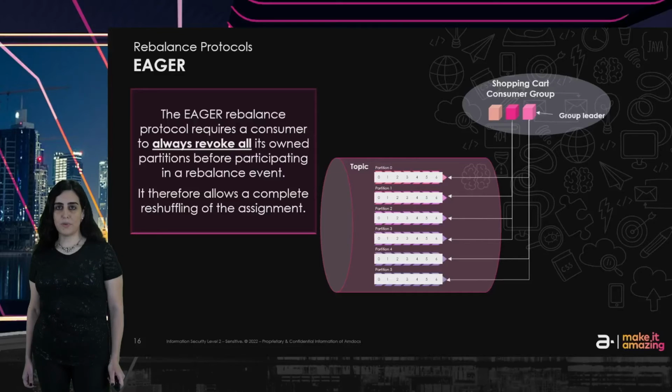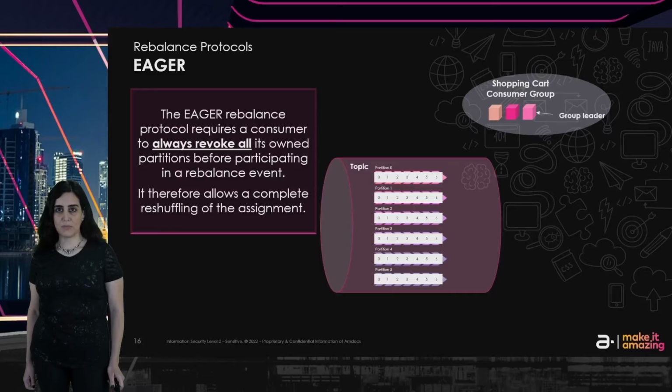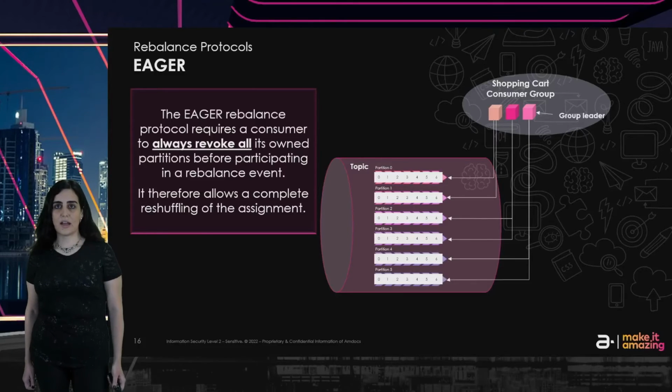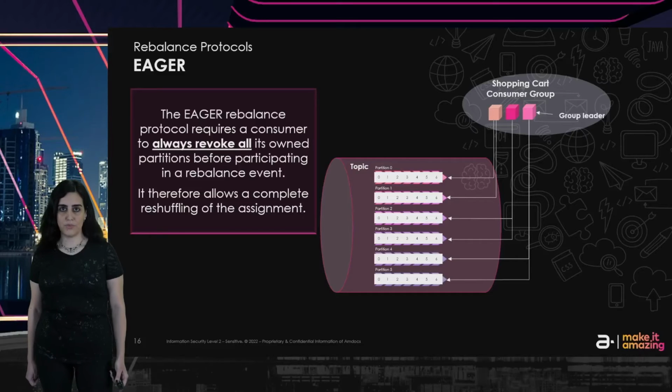Now let's say a new member is joining our group. So now all the existing members must revoke their partition assignments, so they cannot consume any events during the rebalance operation. Then we have the recalculation of the assignment, like how to split the partitions now between the updated members in the group. And after we're done with the calculation, we have per each member an assignment of 2 partitions, and now the consumers can resume and continue to work and consume events.